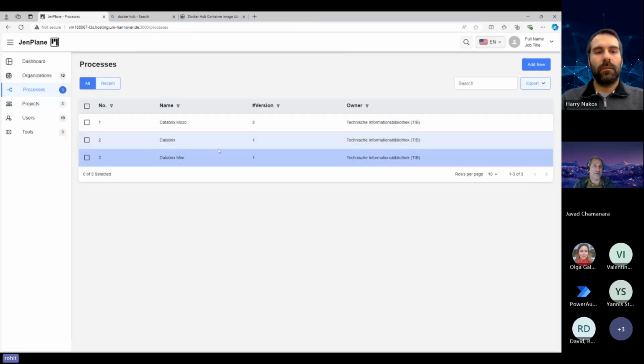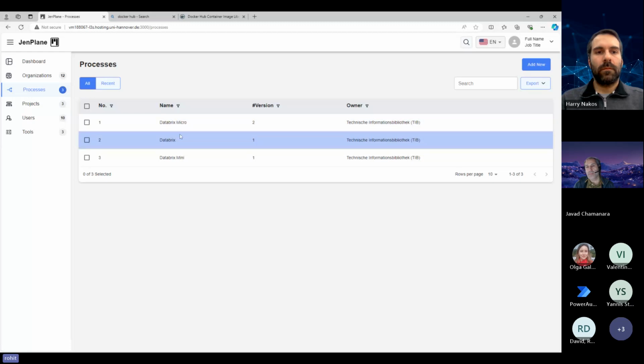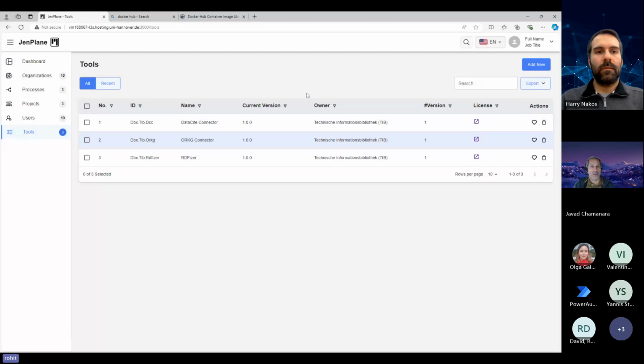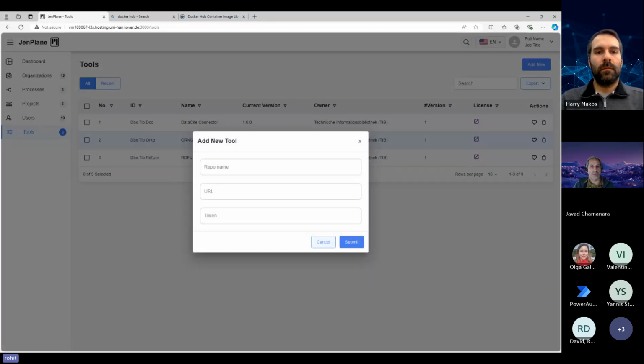So there are different activities and different tasks that we are giving to the users just to understand the system here. Before going to the projects, I also want to go to the tools. So we have tools here. Right now we have 3 tools, but the users can add a tool, and I want to quickly show how they can do this. Users can provide the repo name and the token of their GitLab repository. So once